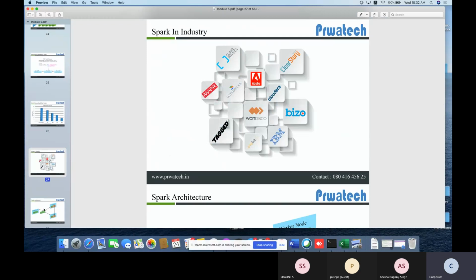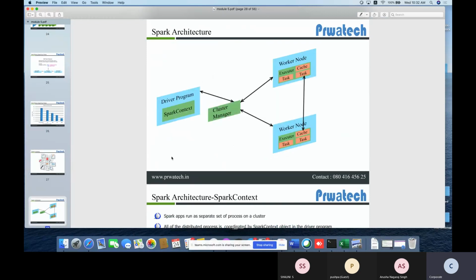All right, write on the Spark architecture.